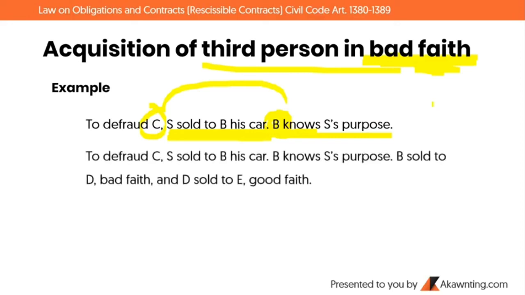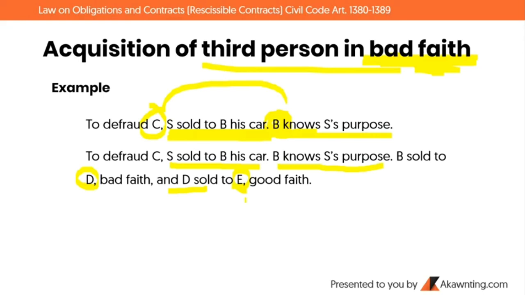Okay? To defraud C, S sold to B his car. B knows S purpose. So, B sold to D. Okay? Bad faith din si D daw. And D sold to E. Good faith naman si E. Okay? So, in this case, ganito. Dahil napunta,